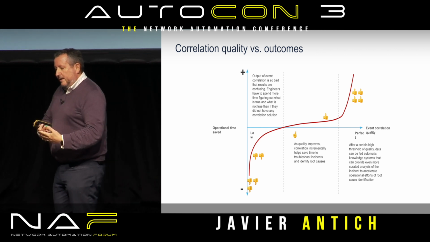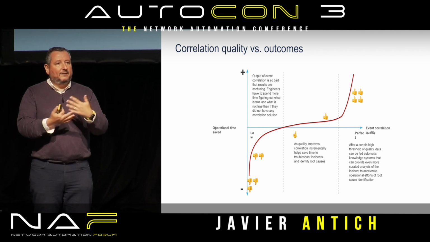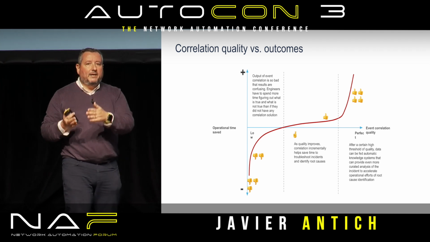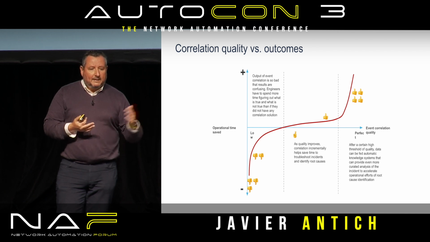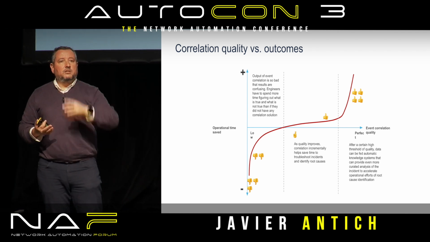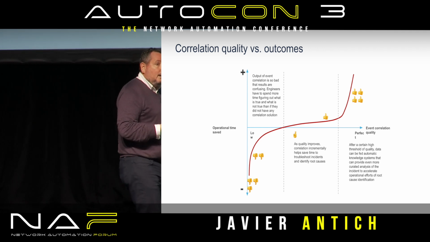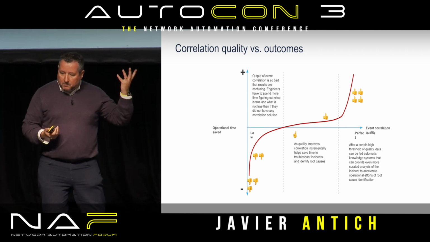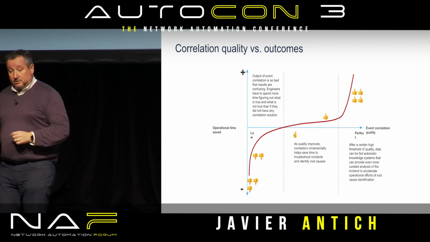As you use systems based on perhaps rules and so on, and depending on the quality of the rules that you maintain, and the number of rules and so on, you can start getting some benefits of that correlation, at least for some use cases, right? But how do we get to this right-hand side of the curve where we can start having an exponential growth on the benefit of the correlation? Well, that's where we need new techniques, and we can take advantage of them. One of them, for example, is the architecture that I was showing you, that we're exploring.